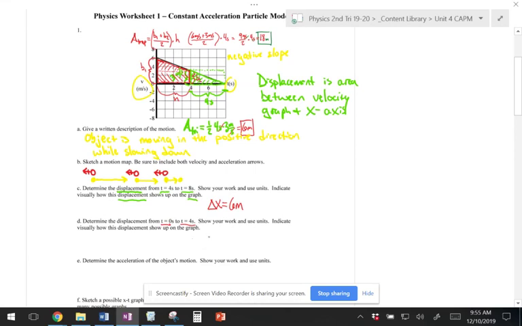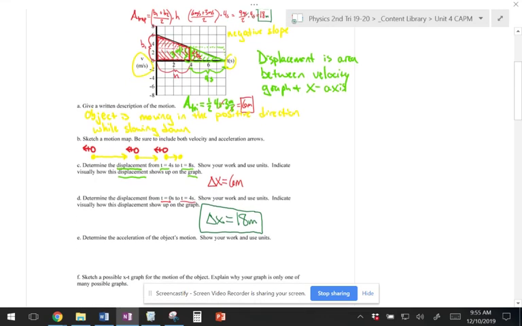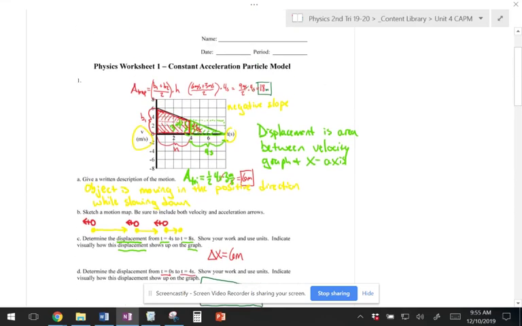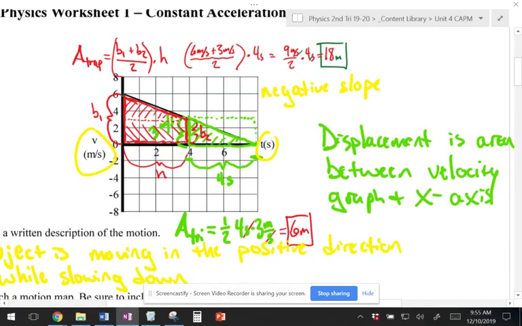I guess I do need to look at one other thing. All right. Determine the acceleration of the object's motion. Work in units. So, hey, if we want the slope,